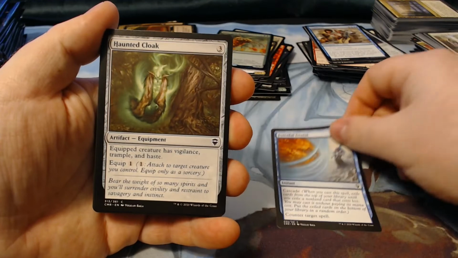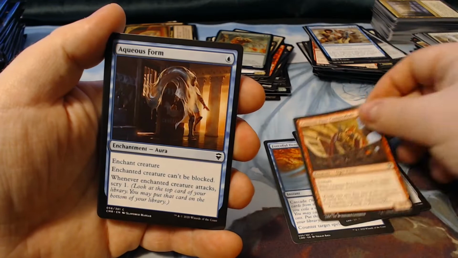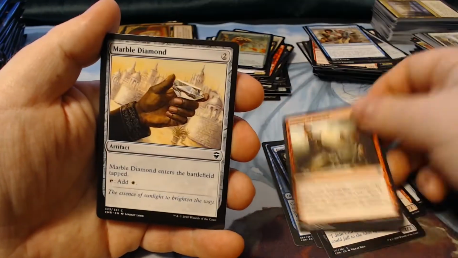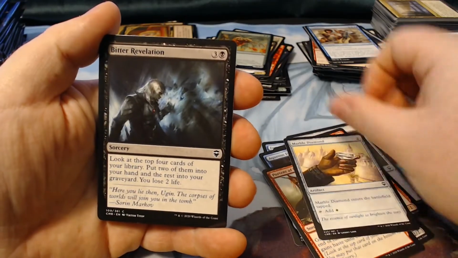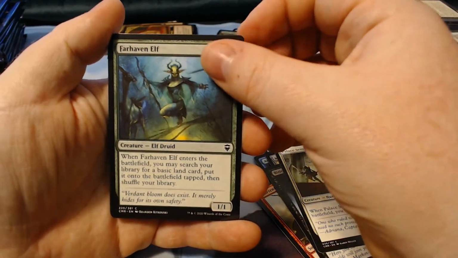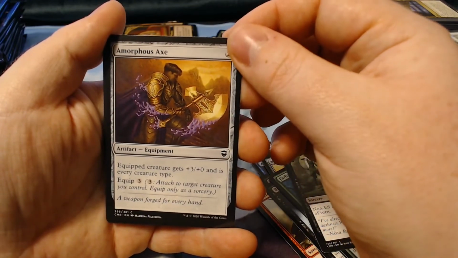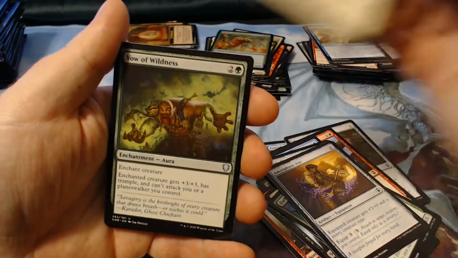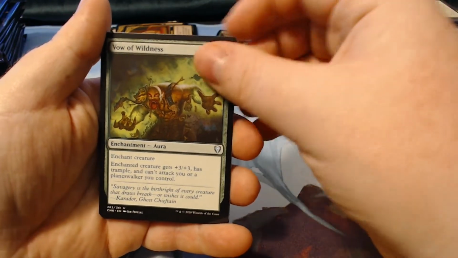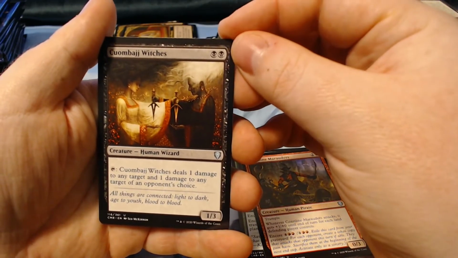Forceful Denial, Haunted Cloak, Crimson Fleet Commodore, Aqueous Form, Defiant Salvager, Portent of Betrayal, Marble Diamond, Bitter Revelation, Palace Sentinels, Farhaven Elf, Eyeblight Massacre, Amorphous Axe, I think that's what it is, Rupture Spire, Vow of Wilderness, Coastline Marauders, Kionbaj Witches,